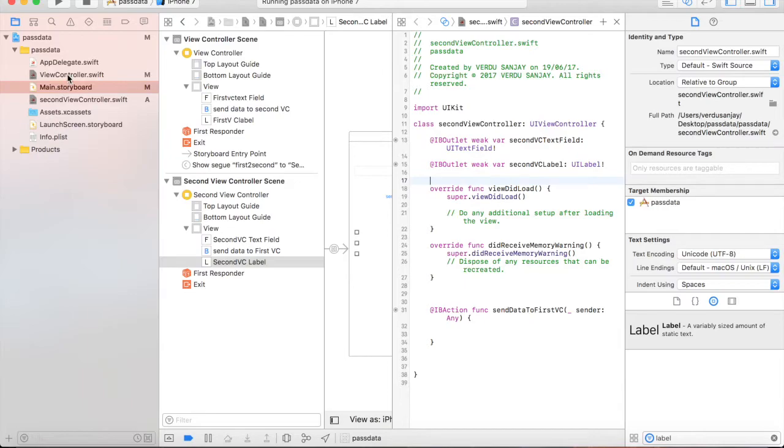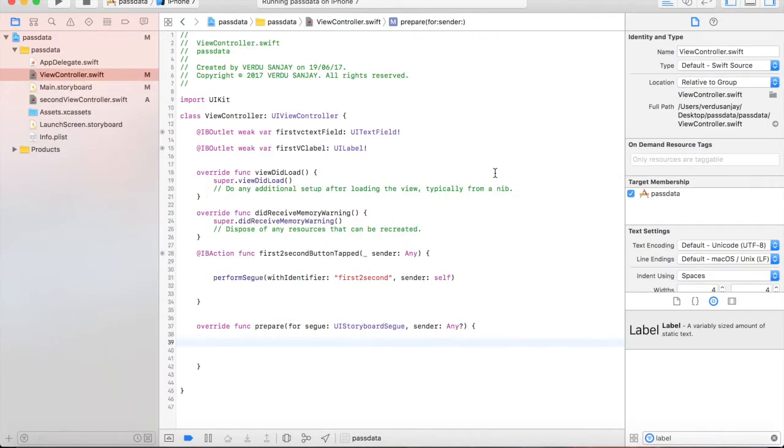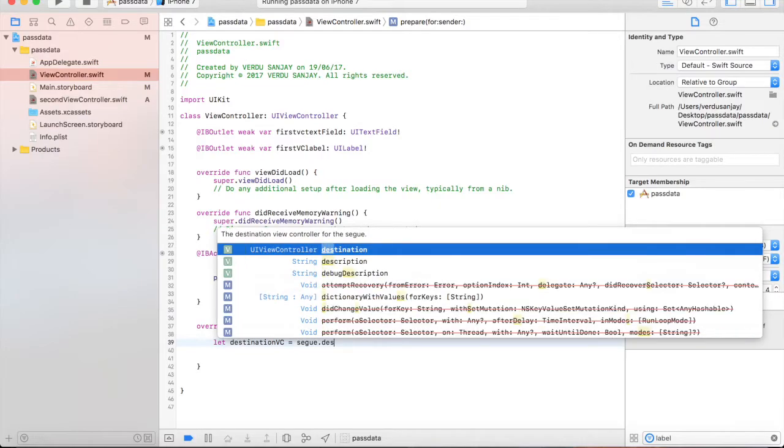So the ViewController.swift file. Now what is our basic idea? We want the text in the text field of our first VC to appear as the label of the second VC. For that, I'm going to get all the elements in the second VC to the first VC, and let me show you how. So first I'm going to create a view controller right here. So let destinationVC is equal to seg.destination